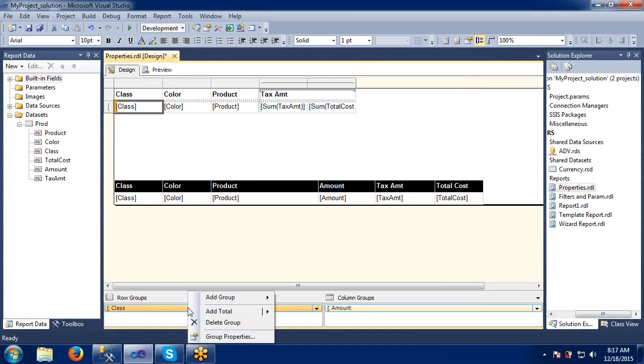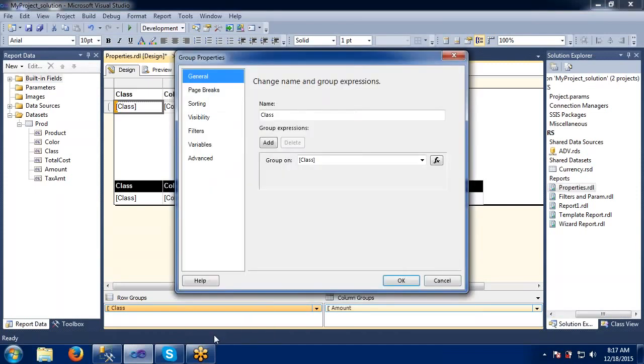The options I want to display here are some group properties, which will be different here. That's why it was somewhat difficult to make some row groups and column groups here. Till now we have seen the normal properties, right? Now I want to show you some group properties here. So general, which means it will be some class also. Right now we are on the class, that's why it is displaying here.